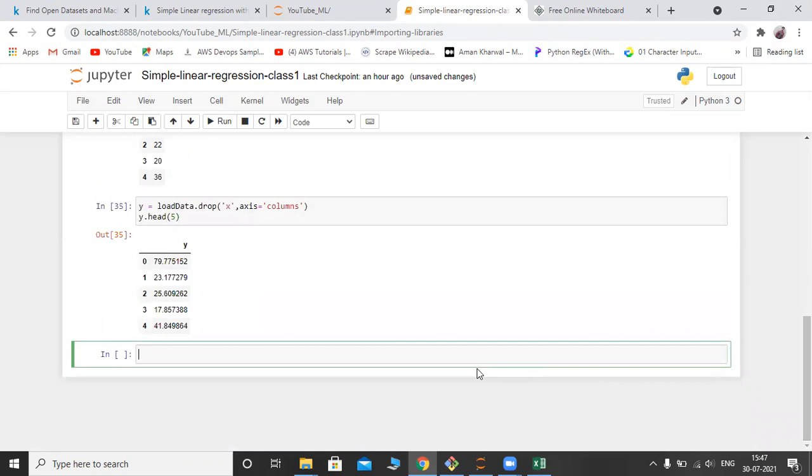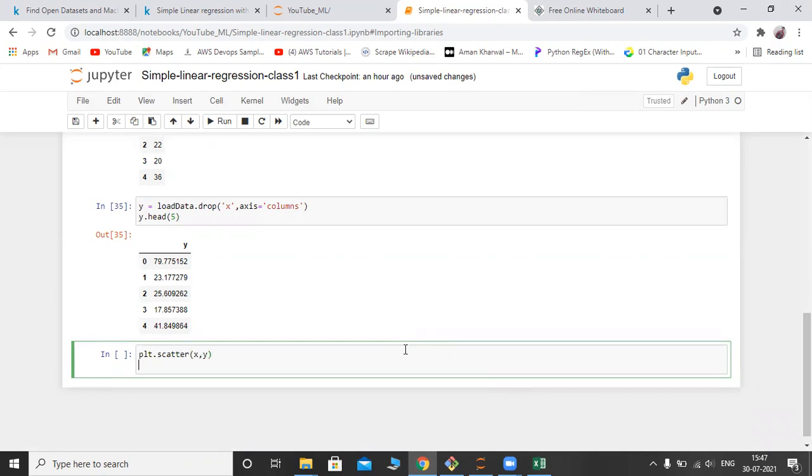Now let us visualize this. To visualize this, I am using matplotlib library plt dot scatter. I want to use scatter plot x comma y, and plt dot show.